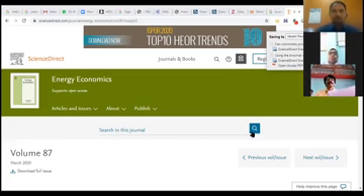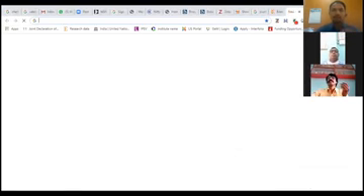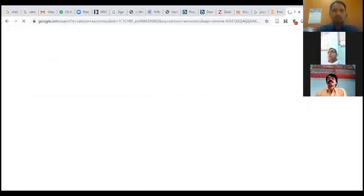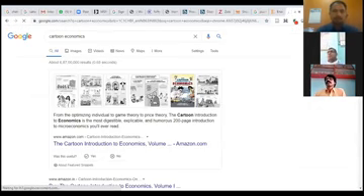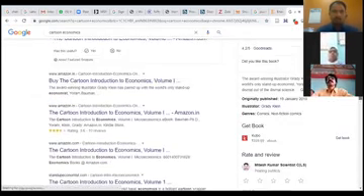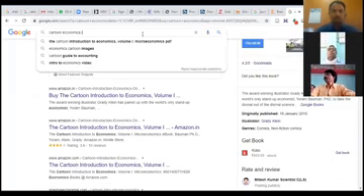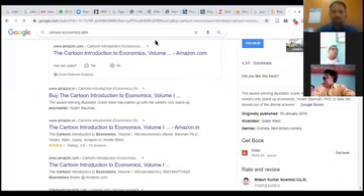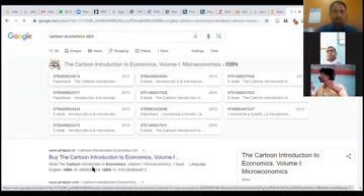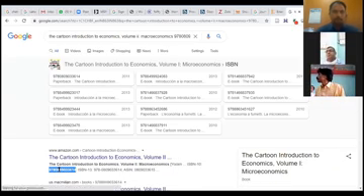Now, likewise, if you have a permanent URL, permanent URL means I will go for some book. See, cartoon. This is a book published by Economist, and this is the title, Cartoon Economics. And I want the ISBN number. So you can see that the ISBN number is there. I'll simply copy the ISBN number.